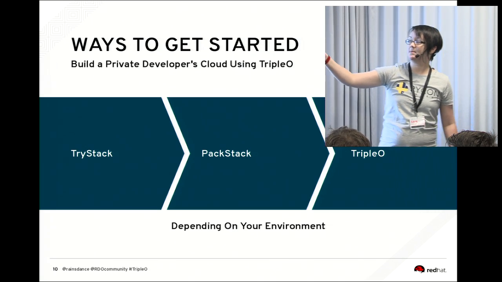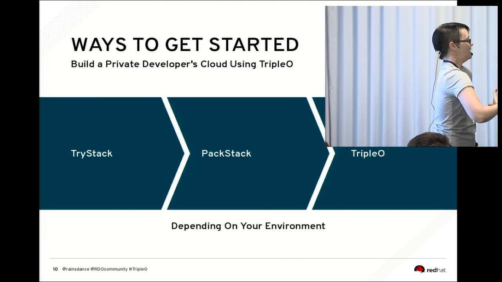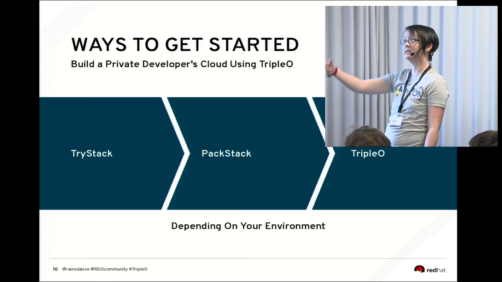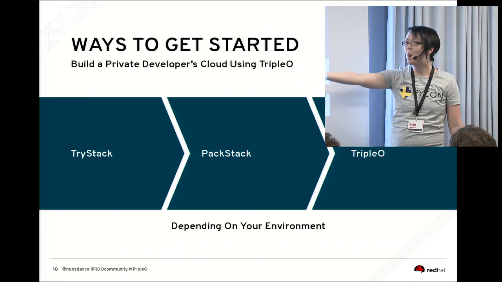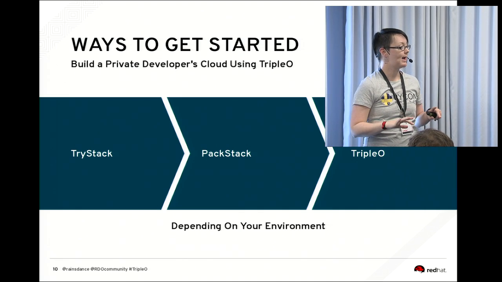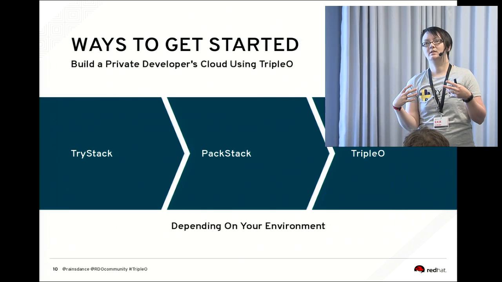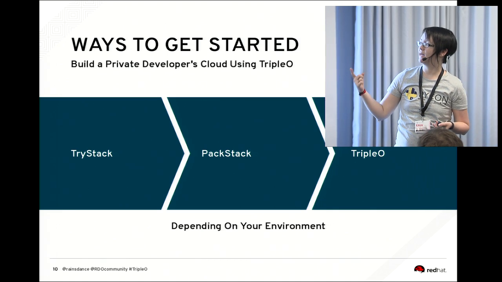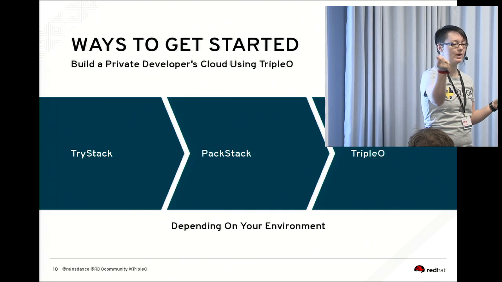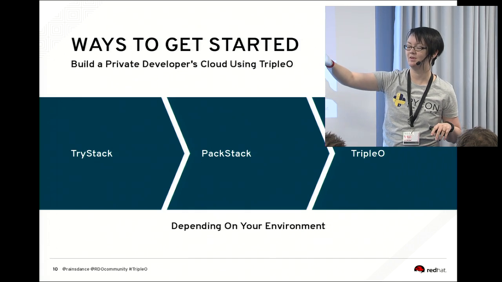Then we've got Packstack, and Packstack is if you are feeling a little bit more brainy, a little bit more ballsy, you have a system you want to install on, you've got RHEL or CentOS or Fedora or Scientific Linux, or anything that uses an RPM package. It's 4 lines of code in Bash, and you've got your own proof of concept. And this is the most important difference between Packstack and TripleO: Packstack is meant to be a proof of concept, a quick, nasty, little cloud. 4 lines, it's up.